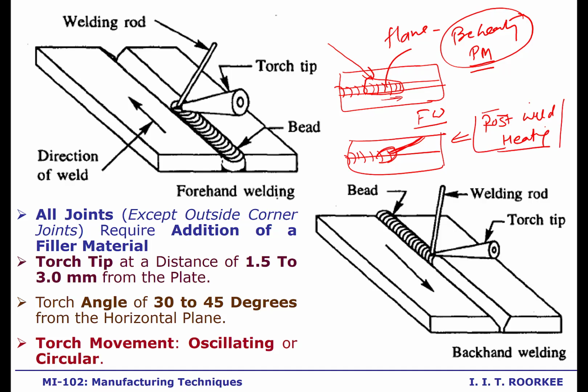And this post weld heating sometimes reduces the cracking tendency. This is good because some of the hard-enable steels are very crack sensitive. So the cracking tendency is reduced by backward welding because of this post weld heat treatment. While in the case of preheating, it accelerates the rate of melting or fusion, that in turn increases the welding speed.